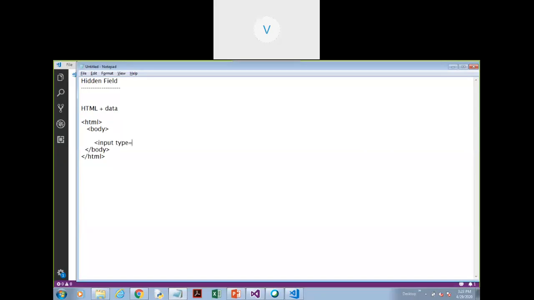जैसे आपका input type is equal to text होता है, input type is equal to password होता है, like that you have so many options. So input type is equal to, all you have to do is write hidden. Name is equal to say product and value is laptop. So when you write this thing, it becomes one tag of my HTML.